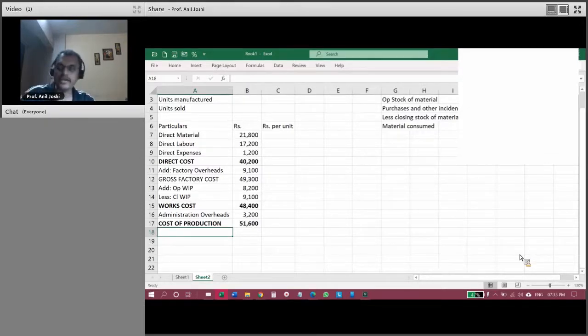So now see, if this is what you have produced, now you want to calculate how much you have sold and what is the cost of that. So what you will do? Now whatever finished goods remain at the end of the period, that is not sold, na? So now just like WIP opening and closing, you have to make the adjustment for finished good stock opening and closing. So now you will say opening finished good stock less closing finished good stock.